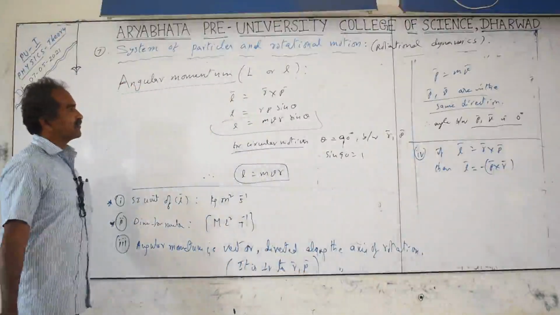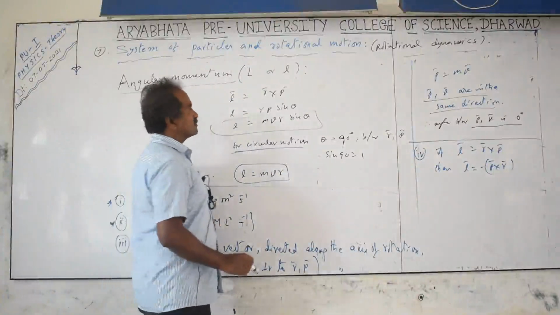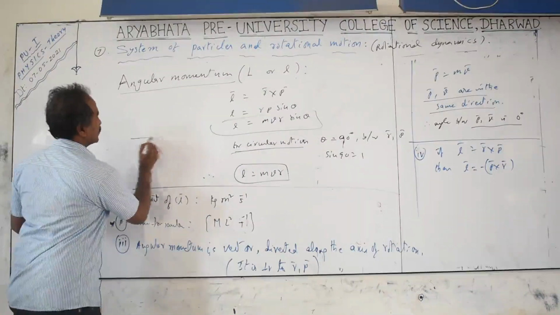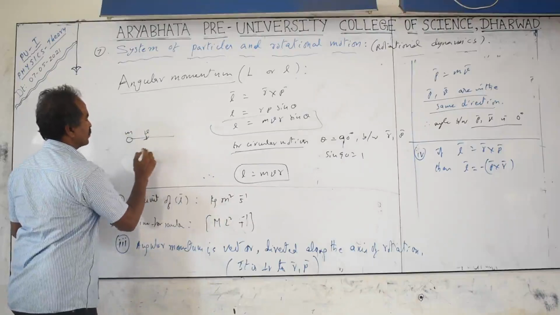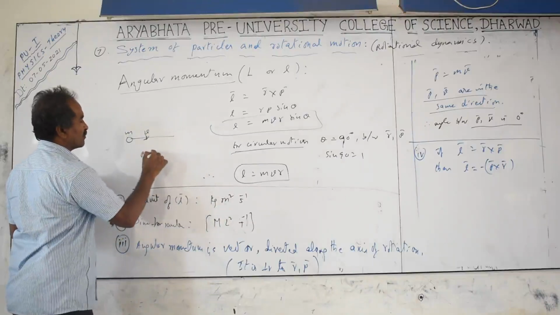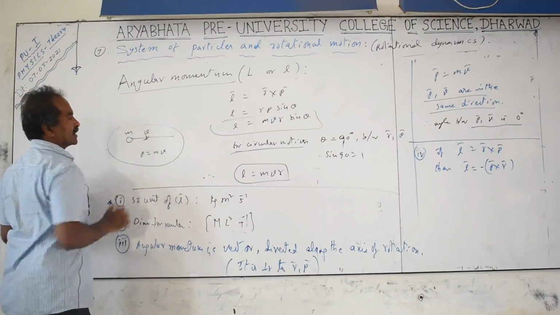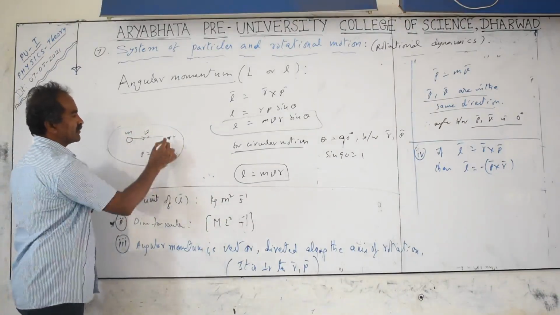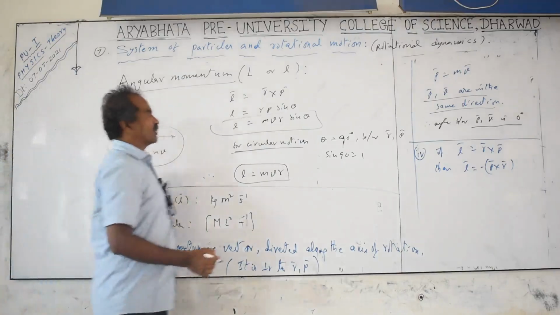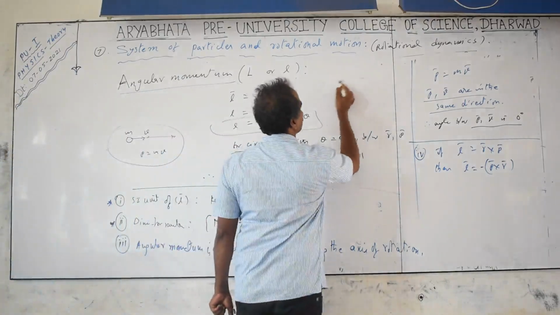That is angular momentum. Linear momentum is the momentum of a particle. If the particle is going in a straight line with mass m and velocity v, the momentum is nothing but the product of mass and velocity. That is called linear momentum for particles going along a straight line path. But when the object is in rotatory motion, how do we consider angular momentum?